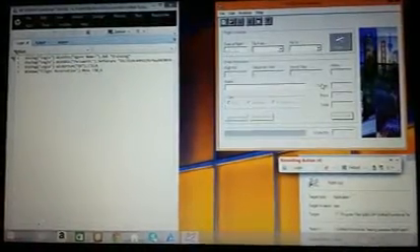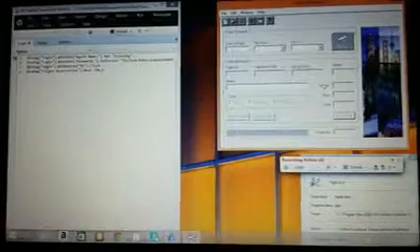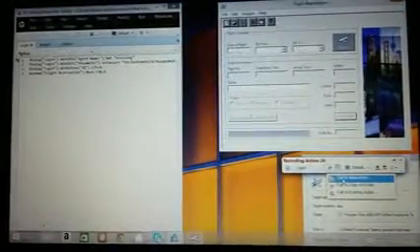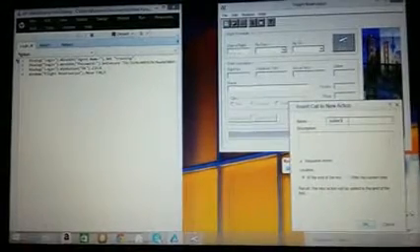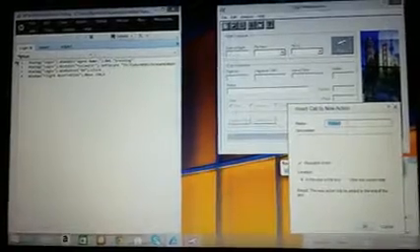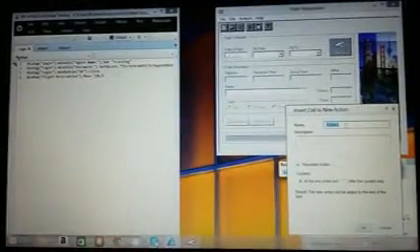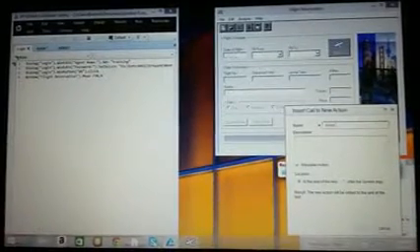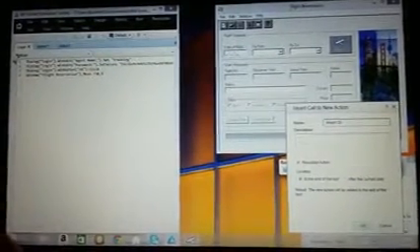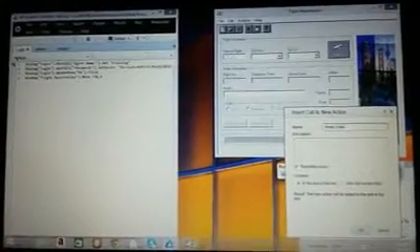In the description field, type recording user action for booking a flight ticket. Check the reusable action checkbox and click the OK button in the insert call to new action dialog box.